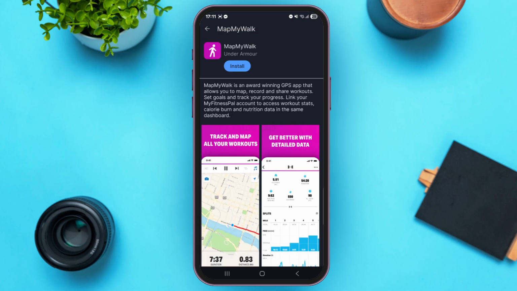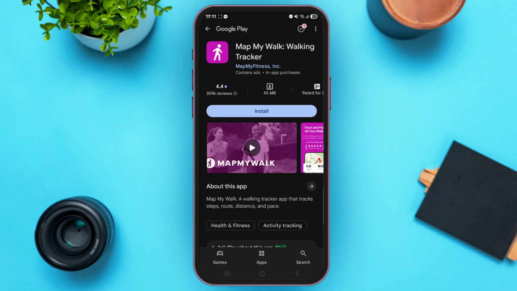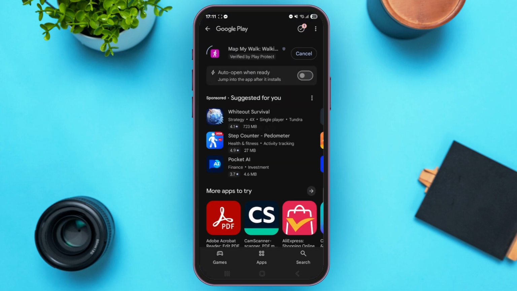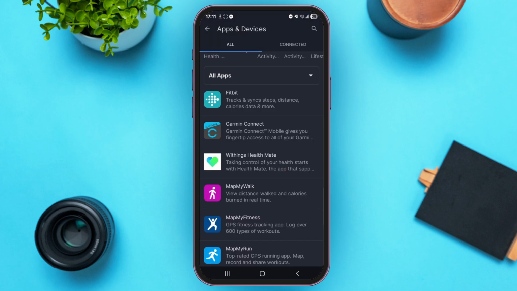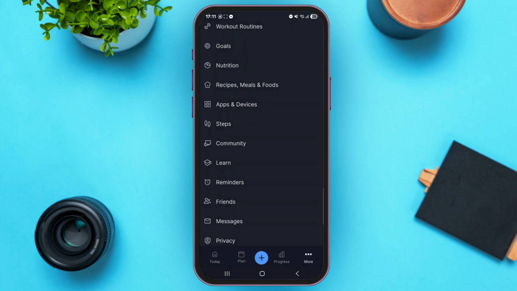Now, all you would have to do is install that specific application. Let's tap on it. Just tap on Install. So once the application has been downloaded, what you can do is just go back to the tab of Progress